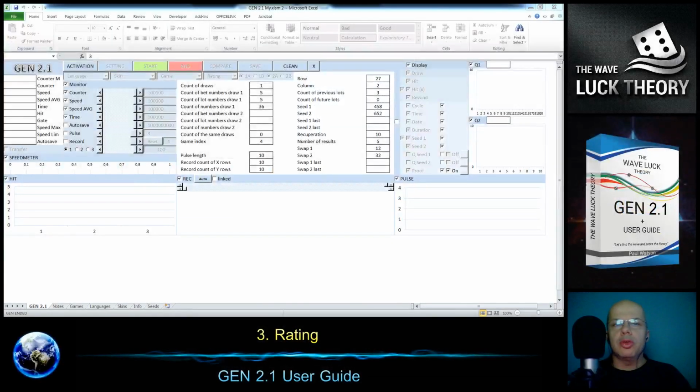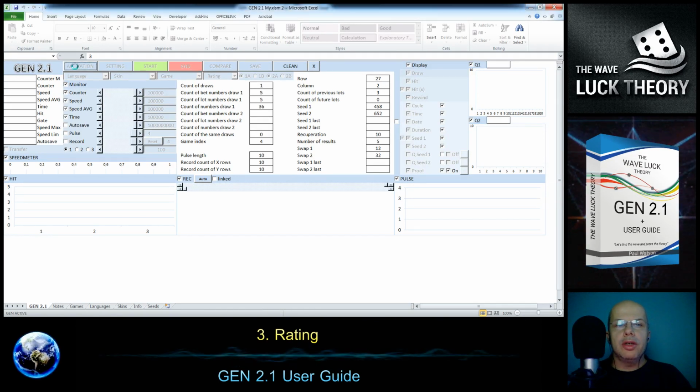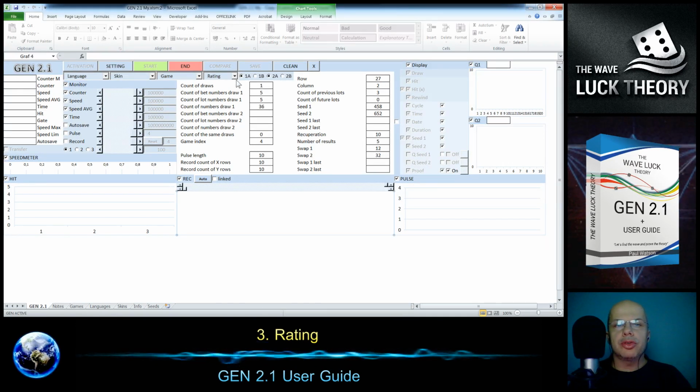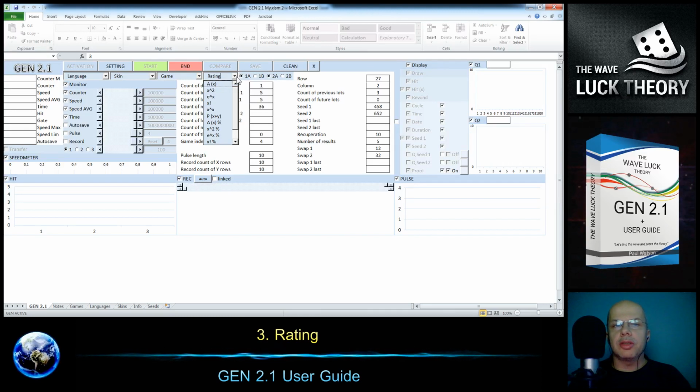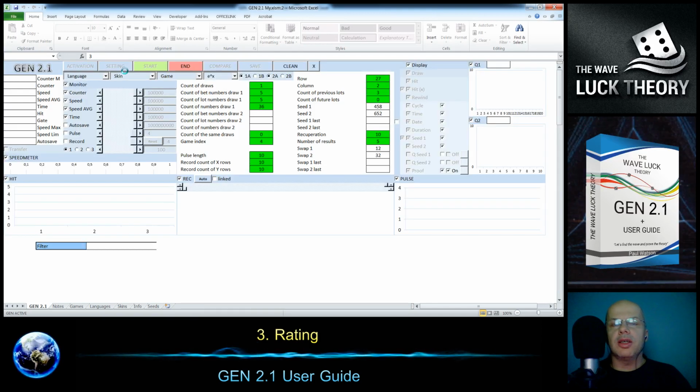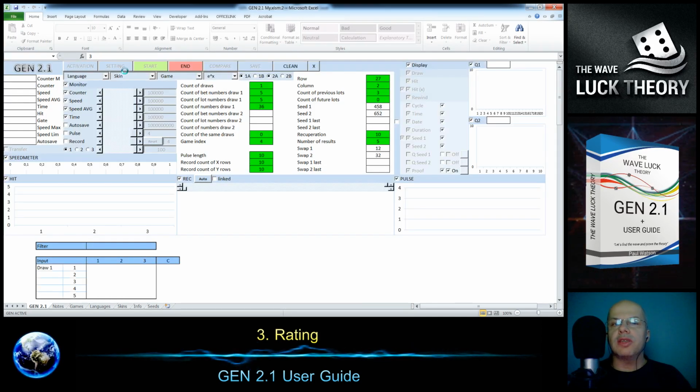When we go to Gene and click the activation here, then we have the option to select between 6 rating methods that are divided into two groups. The first group displays the results in absolute value and the second group displays results in percentage. When we select one of the rating methods and click the setting, it's done, and in fact it doesn't need